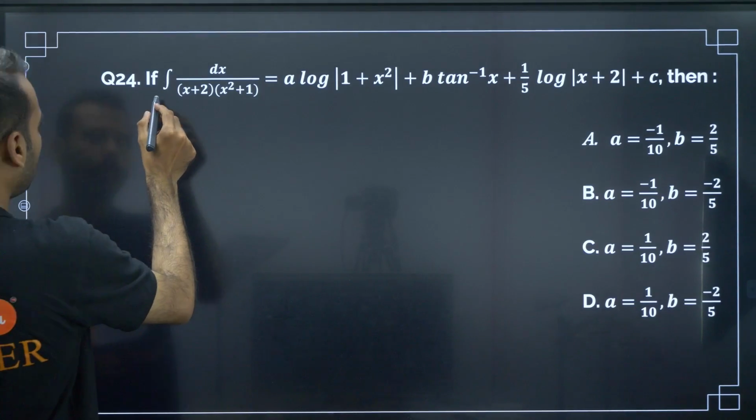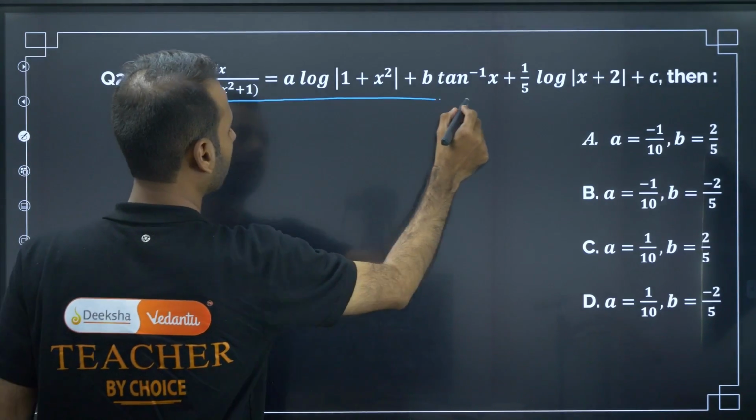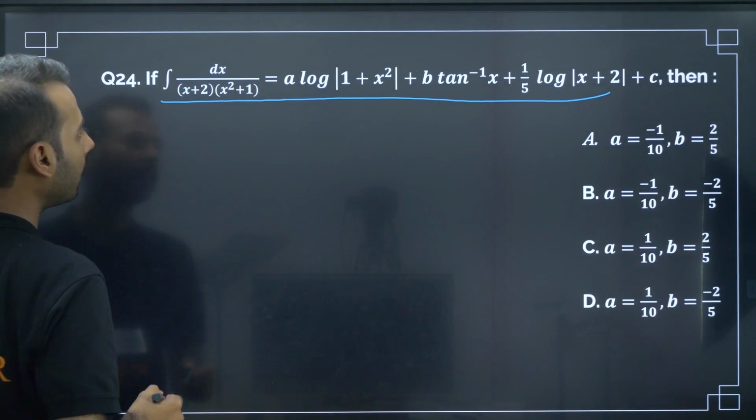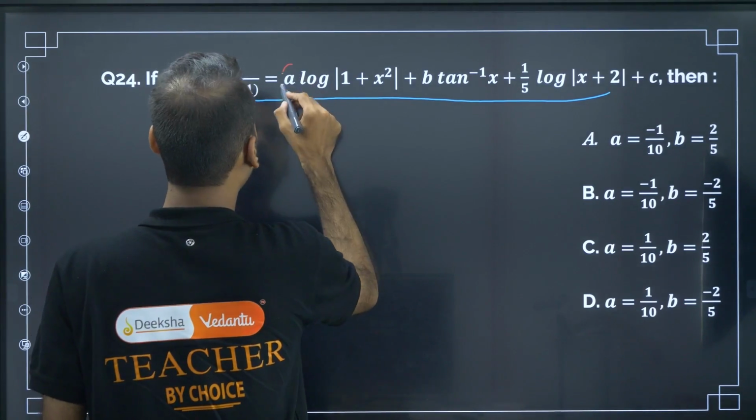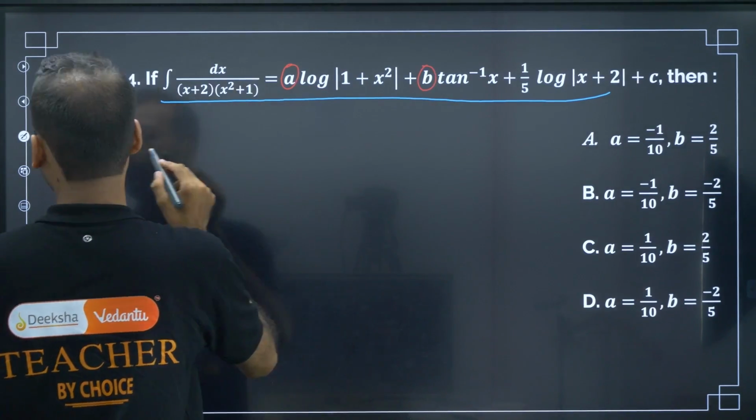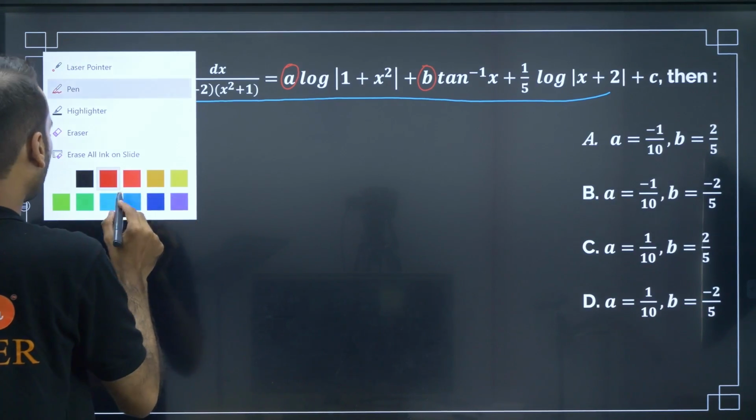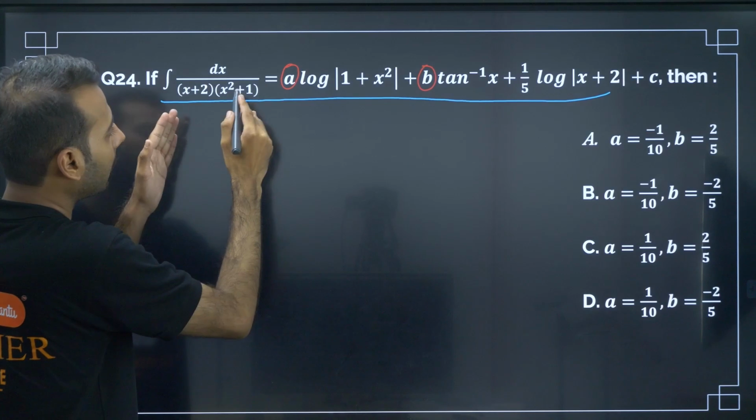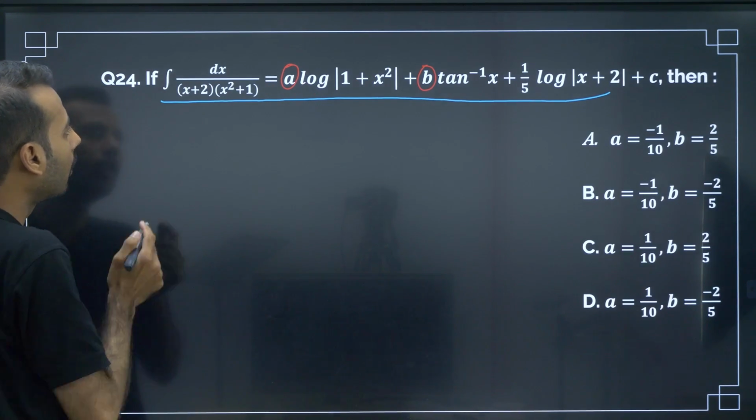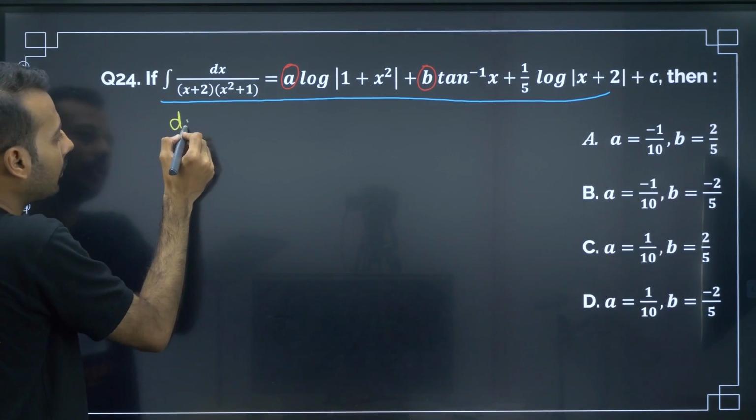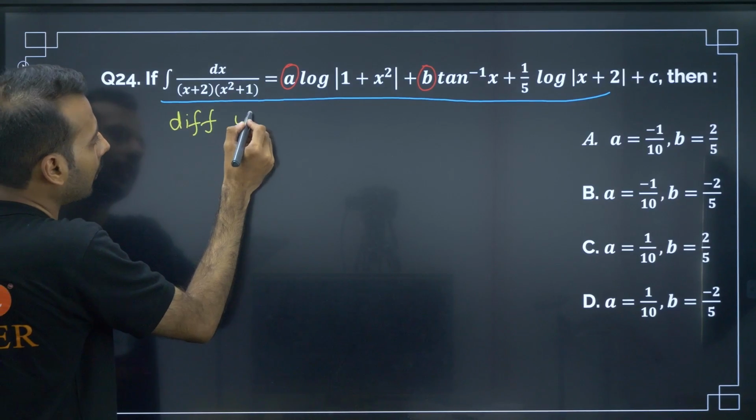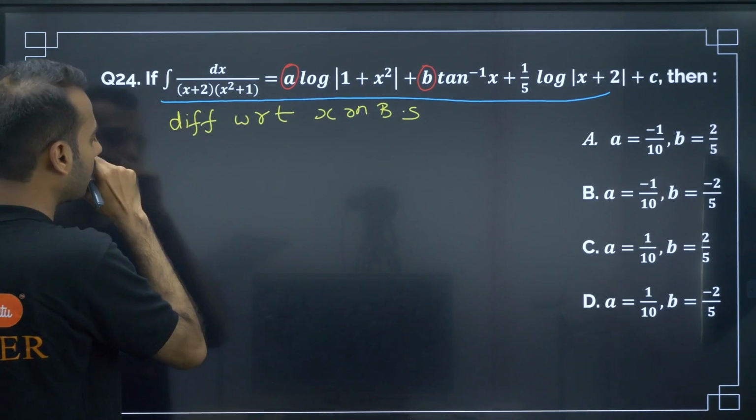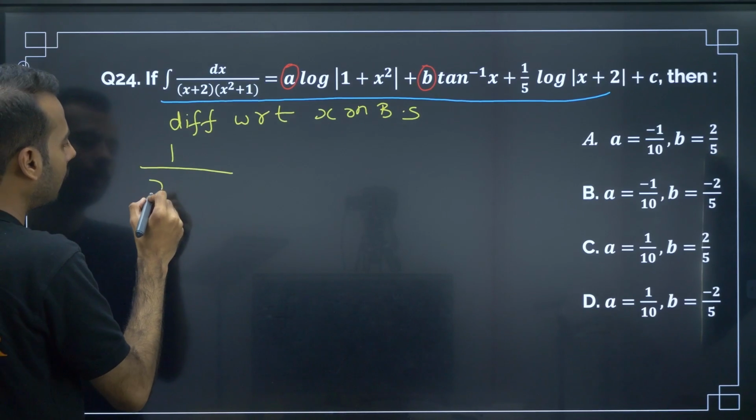So they have given a question, an integration of something like this, and they are asking to find what? The a value and b value. So how to approach this problem? See, here integration is on the LHS, and on the RHS we are not having integration. So to remove this integration, I will differentiate with respect to x on both sides. So if I differentiate, I will get 1 by